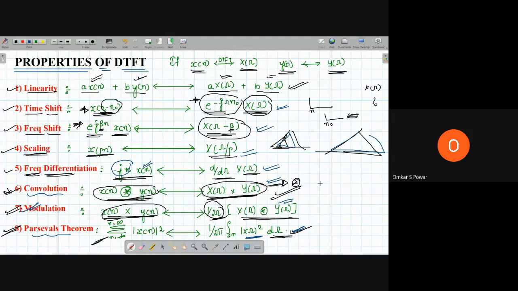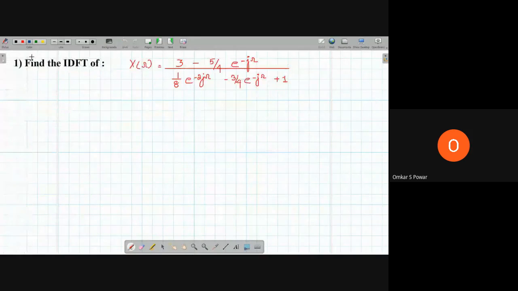Okay. Having said that, first I will give you some idea of what I will do today. Then we will solve some problems. Now, find the IDFT of the following. This same problem you have done in CTFT also, the partial fraction method. If the problem looks like this, in the form of a fraction, and they don't ask you to solve with respect to properties, you can use this partial fraction method and get the answer easily.